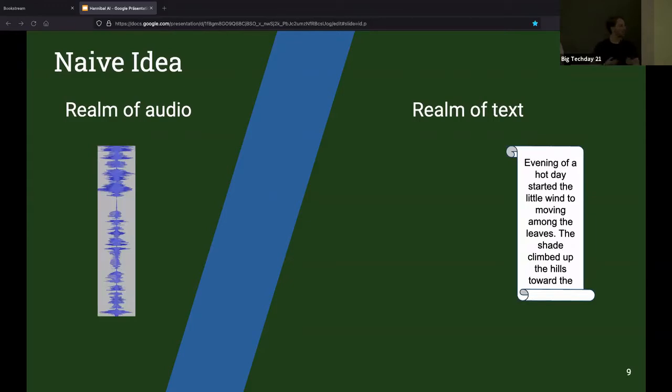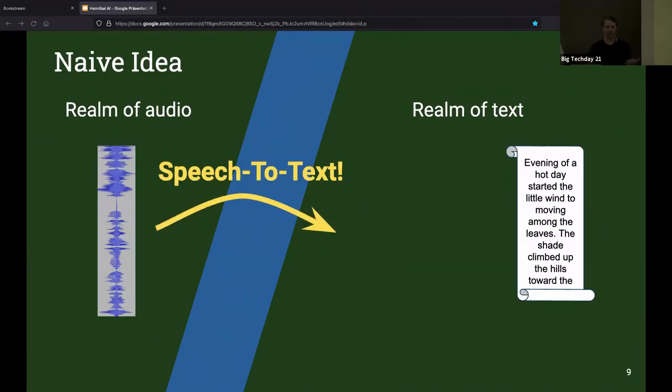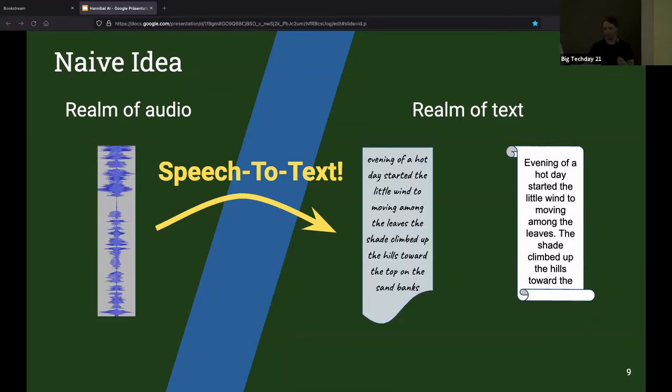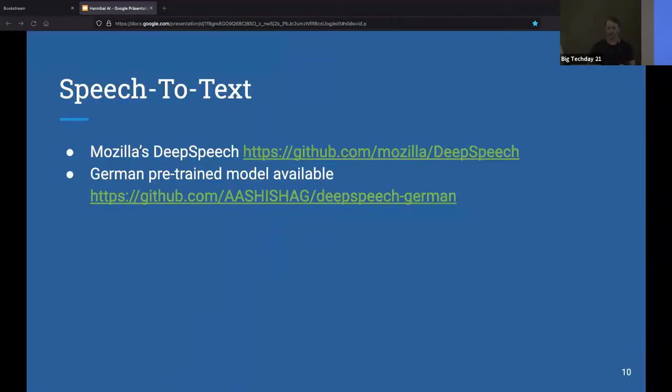And now the naive idea, or the first idea that we came up with, was to simply use a speech-to-text engine to convert our recorded audio to a transcript, which we can see here. And then all we would have to do is compare it with the text. And we tried this. For the speech-to-text engine, we elected to use a package called Deep Speech, which is published